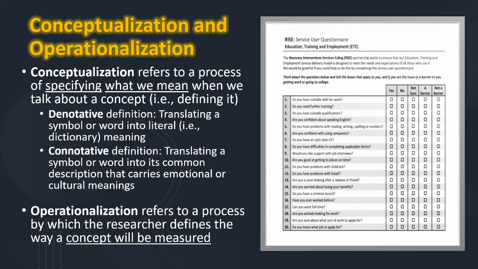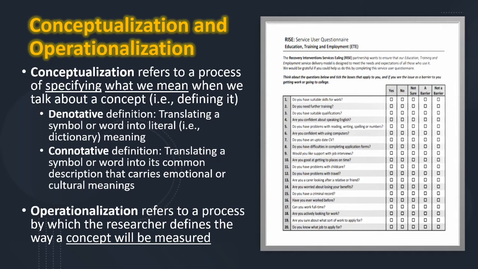How many items do we need? What kinds of scalings should we use? Should we include definitions? These are all questions a researcher may ask him or herself when putting together a questionnaire. But it all begins with conceptualization. When I say conceptualization, I essentially mean how I define something. And you already know that there are two ways to define a term. The dictionary definition, which is called the denotative definition, and the way you define it through norms and conventions, called